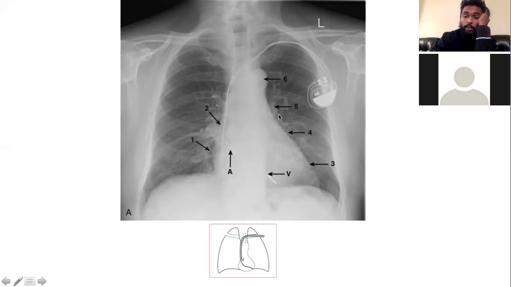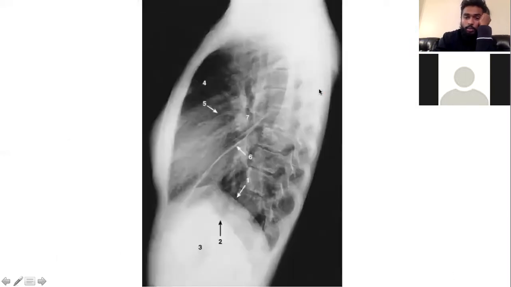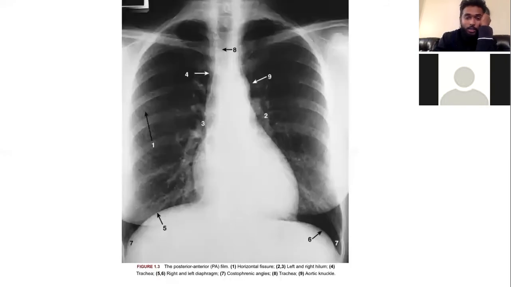And right above that, you have your hilum, pulmonary arteries, and aortic arch, and the aortic arch is right above where the trachea bifurcates. So the trachea bifurcates right here, below where the aortic arch is. All right, I'm not gonna keep beating a dead horse here. Okay, so next,